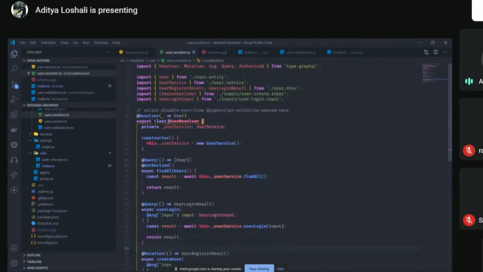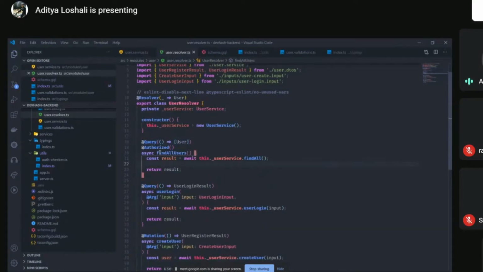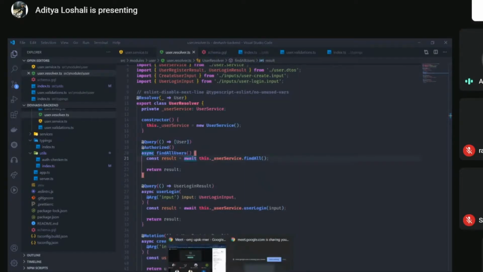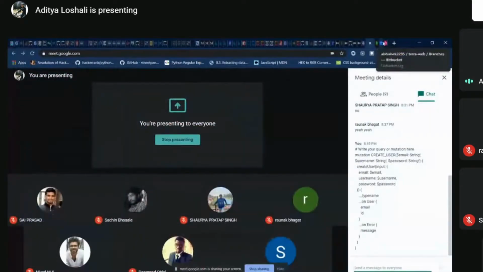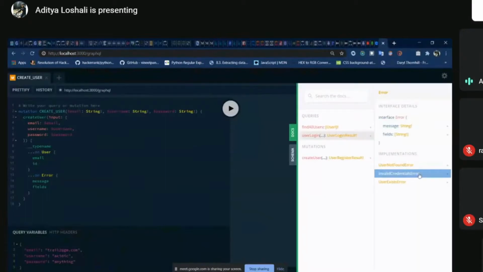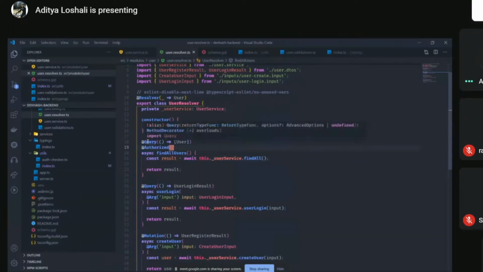So for example, we created a user resolver here. In the user resolver, we mark this class as a GraphQL resolver because that is required to generate that file. After that, we created a query here. So the query name is obtained from here: find all users, users login, create user. And this is the same thing that you can see in the schema. When we go to the docs here, we can check the query names and mutation names are exactly what was described there, right? So the user query will return a user response whenever we query for users.